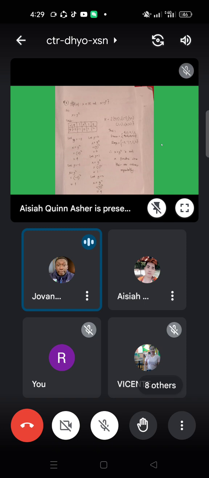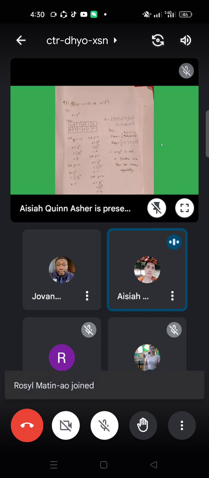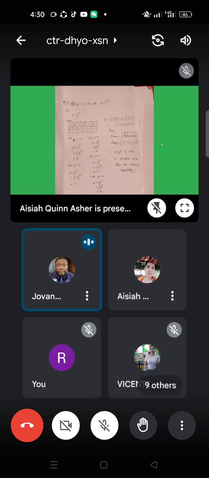For example, the set of all x in R such that x is equals to y squared. So what is the value of your y? Plus minus x. Take the square root of both sides. Diba plus minus is square root of x? Yes, sir. Plus minus square root of x. Okay, for example, what is the value of y if your x is